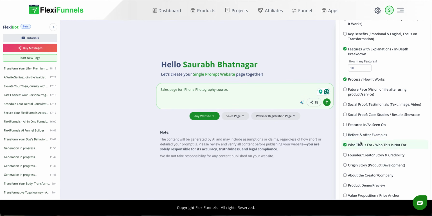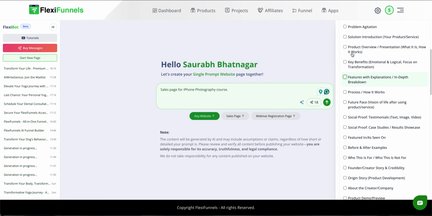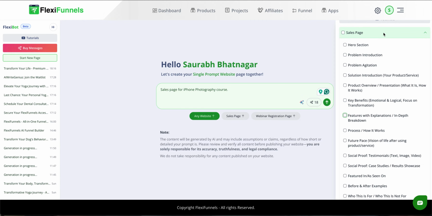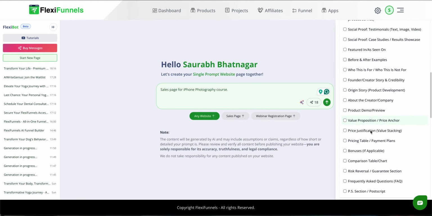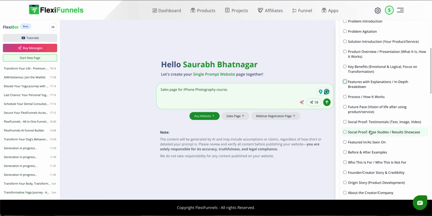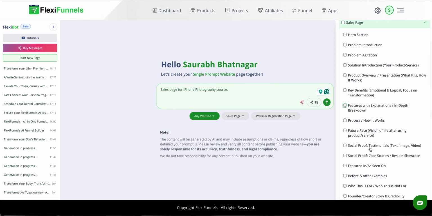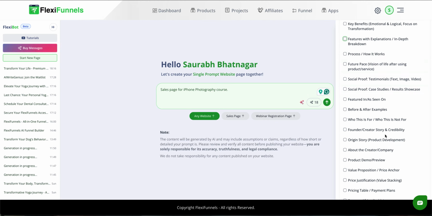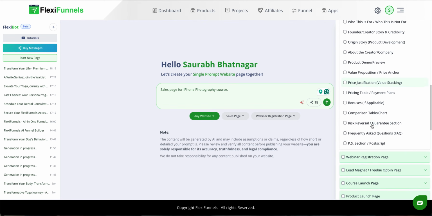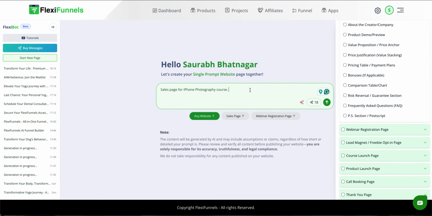And what we have done is we have done it very smartly. We have done a thorough research, and we have given you almost all the sections and elements that should come in a sales page, and most importantly we have done it in the exact sequence in which they should be coming. So this is exactly how a sales page should be. Of course, this is way too detailed. In a sales page, you may or may not want something. For example, you may not want case studies. You may not want, let's suppose, testimonials. But we have added them just to ensure that you do not miss anything while giving your input and making your page.